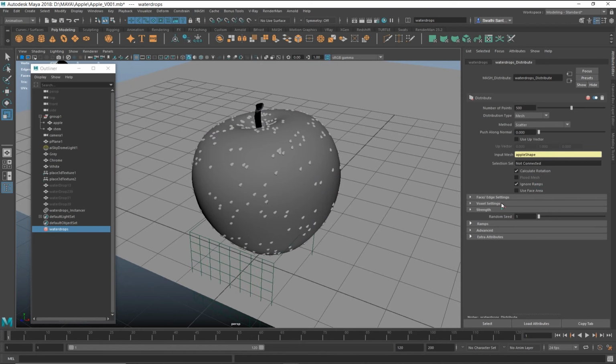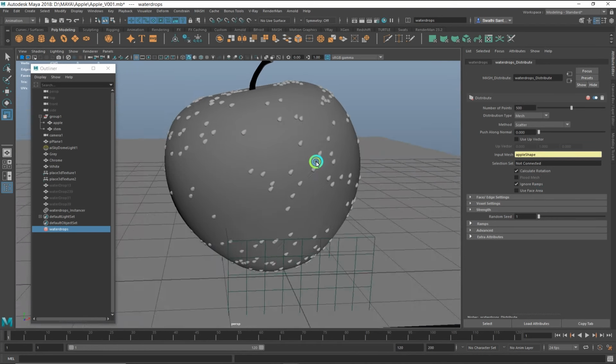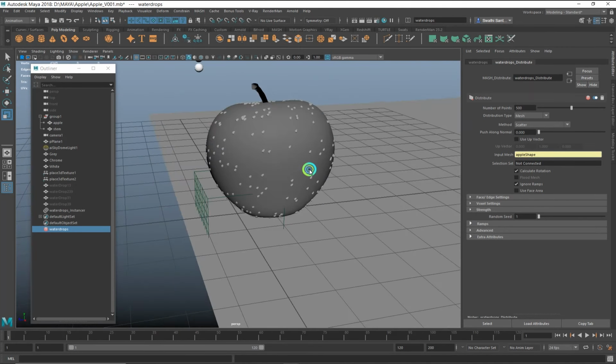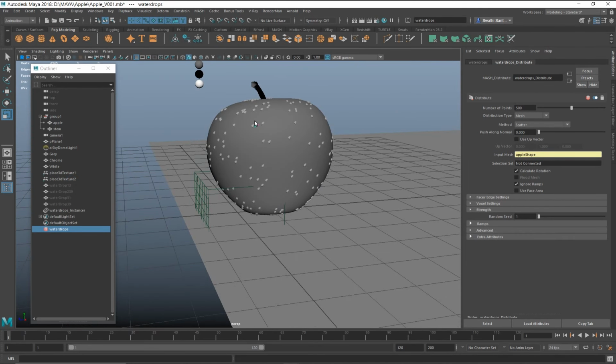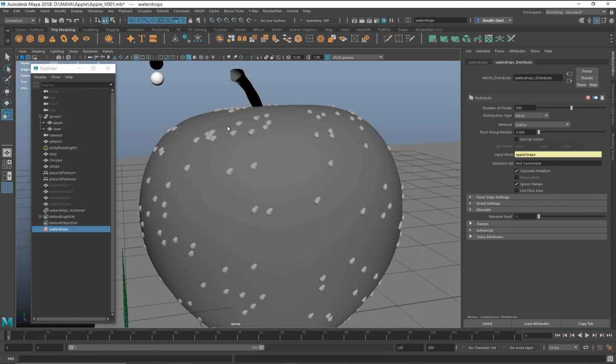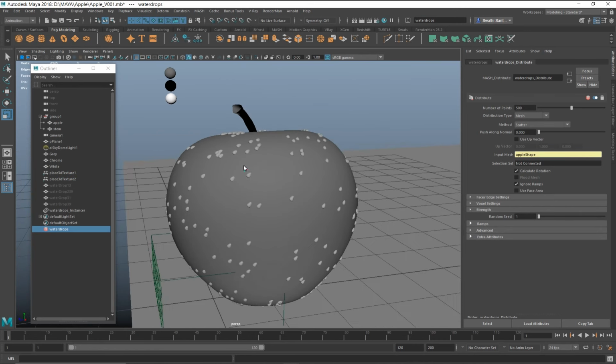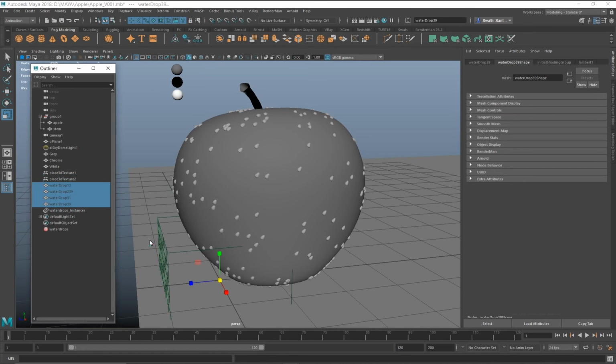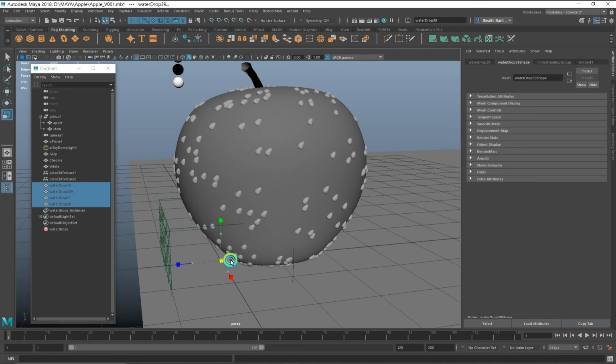We can change some of its settings according to our needs. So if you think the size of the mesh is small or big, we can always go to the actual meshes and scale it up. According to its scale, the scale of the instancer will change.